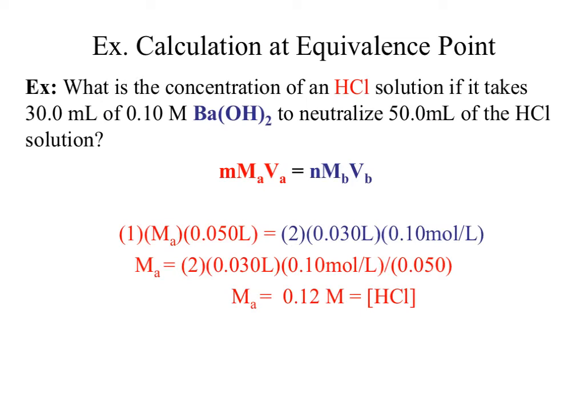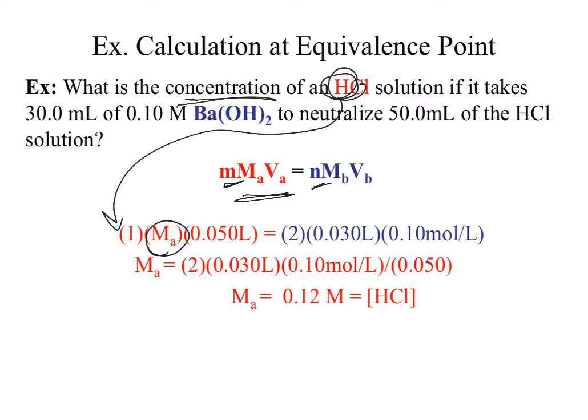All right, so here's a sample calculation. This would be a very simple multiple choice calculation, but a very easy one to miss if you don't remember your M's and N's for this equation. All right, so what do we have? As far as the acid side, we know that there's only 1 acidic hydrogen. We're trying to solve for the concentration of the acid, and